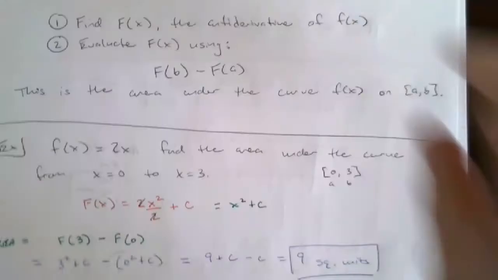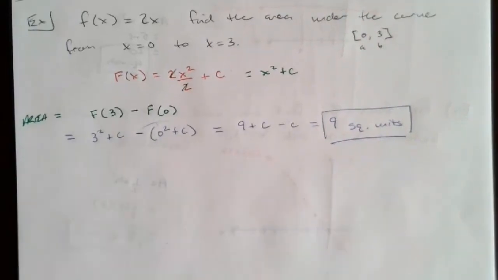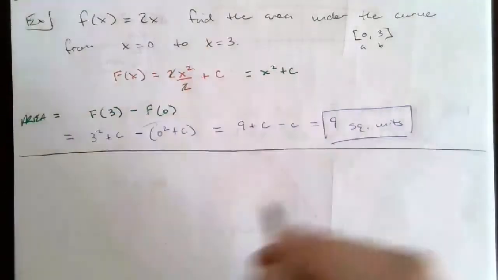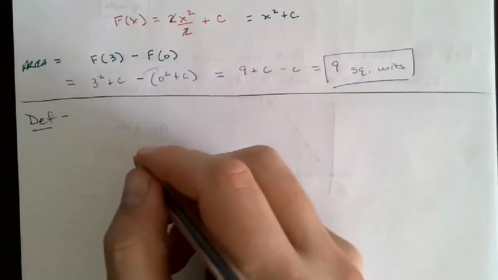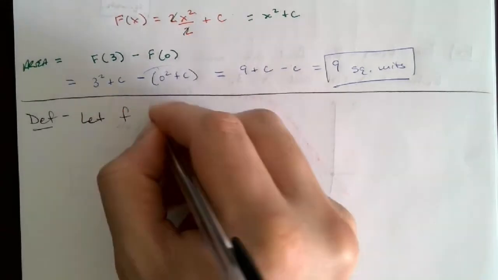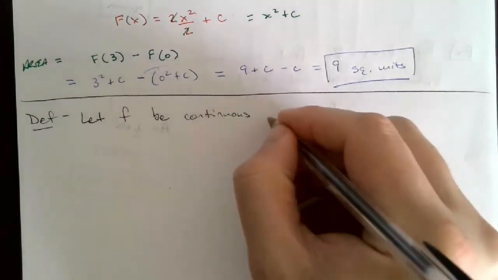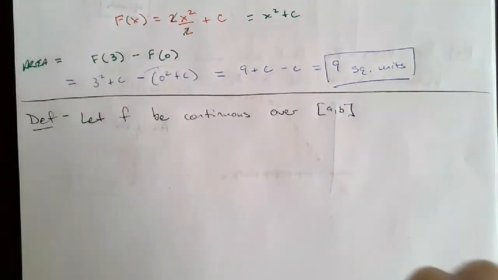So let me give you another definition here, and this is going to be the definition for the definite integral. So it's really kind of like what we just did. It'll actually be a little more succinct, but we'll write it out. So this definition here: let f be continuous over the interval from a to b,